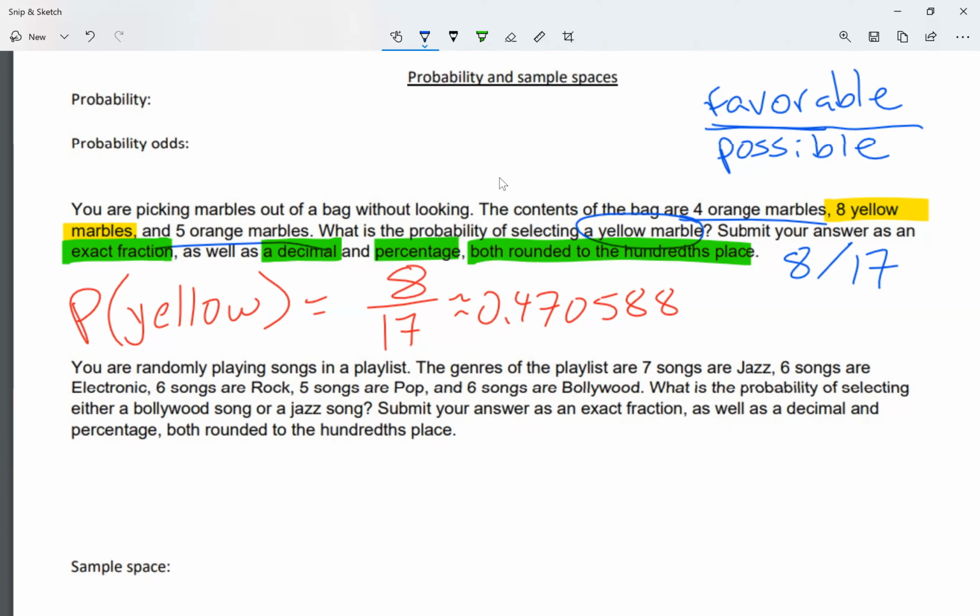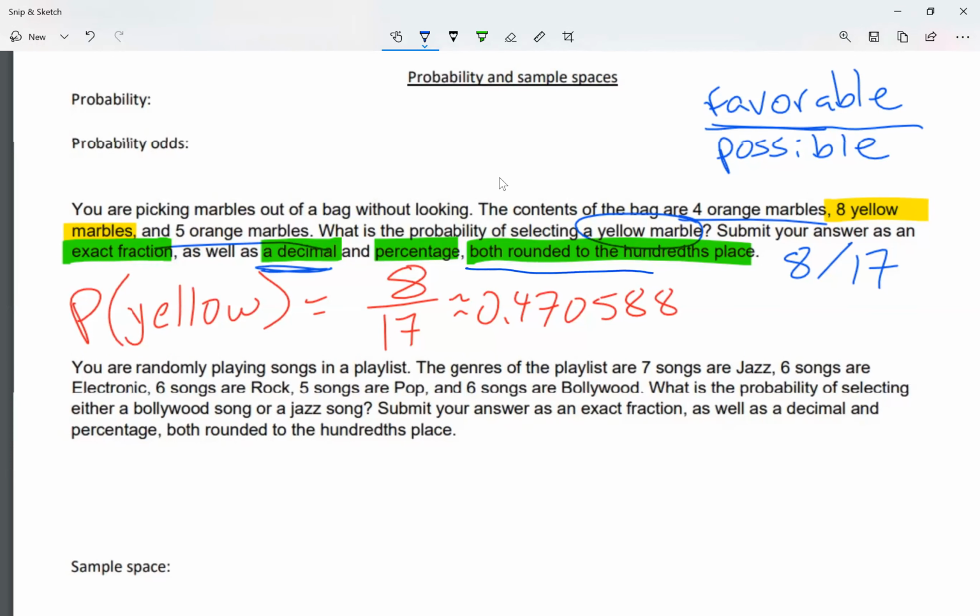I don't have to teach you guys how to simplify a fraction, but make sure you do simplify a fraction. So something like 6 over 8, you call that 3 over 4. Make sure you simplify your fraction. In this case, I cannot simplify anymore, so that's it. So when it says submit it as a fraction, I'm going to call it 8 over 17. Again, simplify if possible. When it says answer as a decimal, I'm gonna answer this as a decimal, but